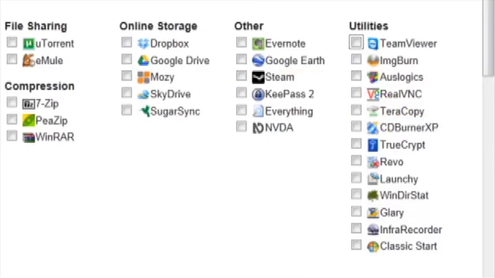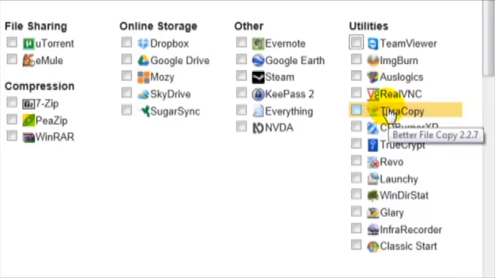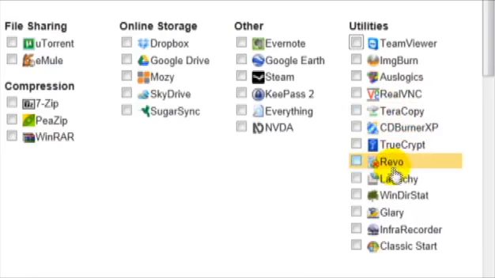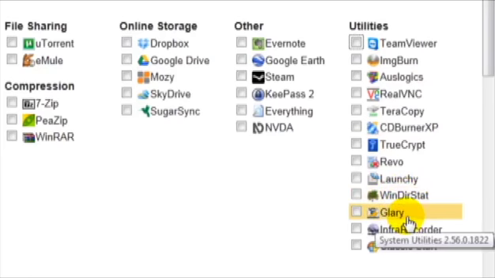So when you drag and drop files from one to another, you'll see a different window come up that shows you errors, files that failed, those types of things. So it's a little more robust than your standard copy utility from Windows. CDBurnerXP is exactly what it looks like. It burns CDs. Then you have Glary Utilities that we just discussed a few minutes ago, and